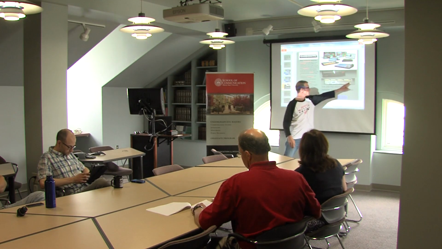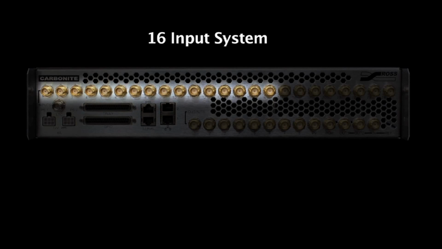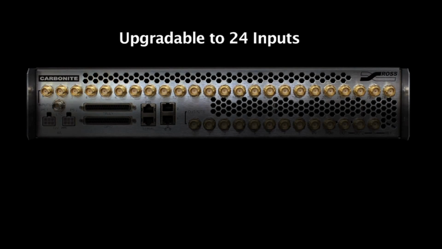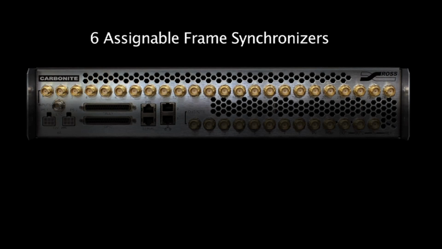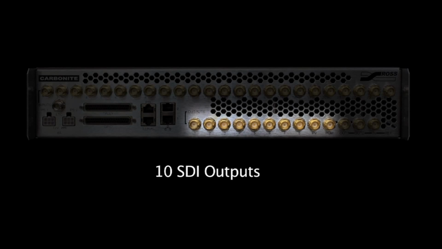So I chose the 24 input chassis. There's 2 choices: there's a 16 and a 24. With the 16, I would have only got 2 of these. With the 24, I get 4. And the reason I did that is because if we were going to do it in a process where we would just buy, let's just say, the switcher, and not buy the character generator, not buy the server, this is